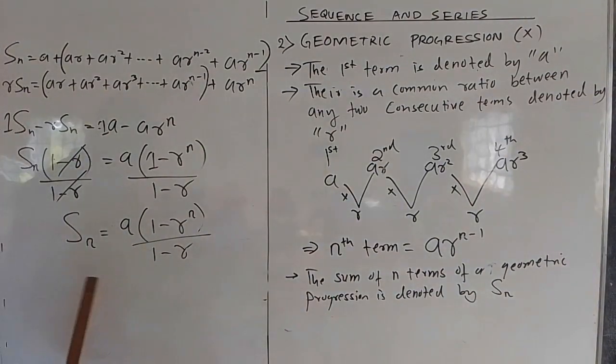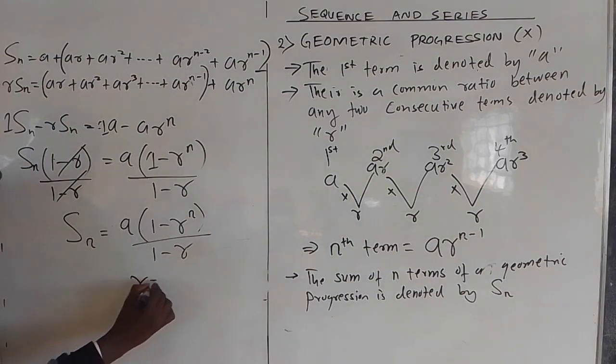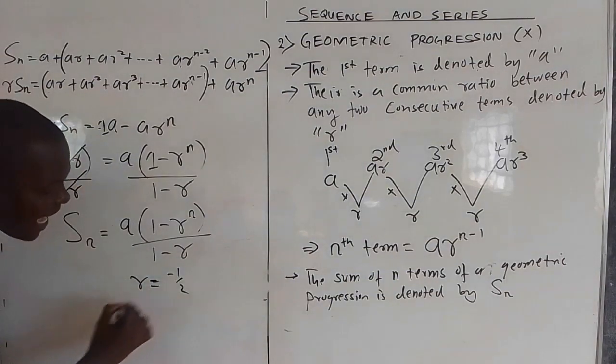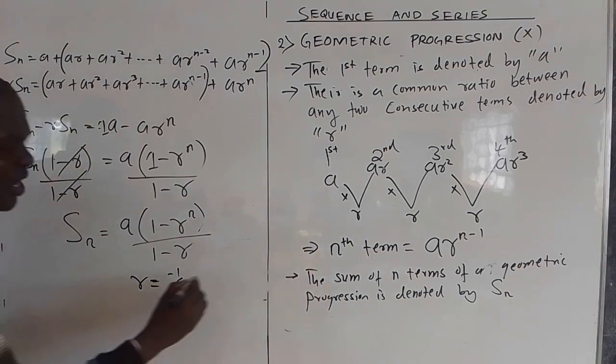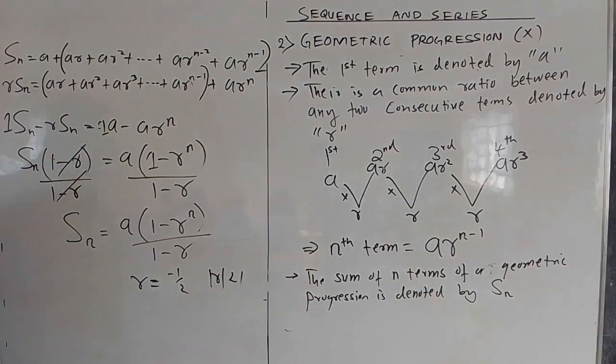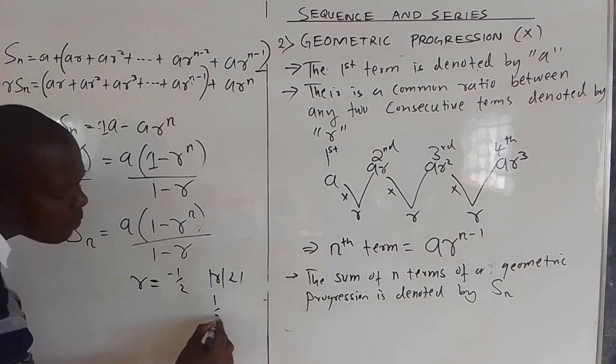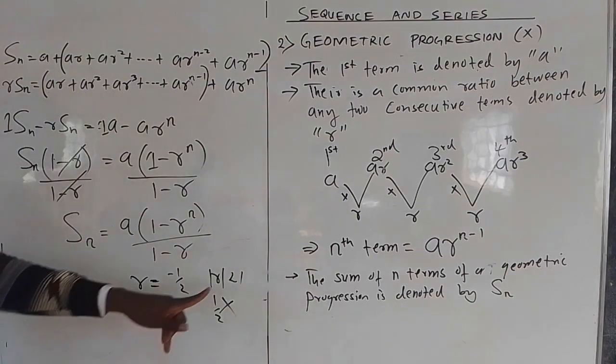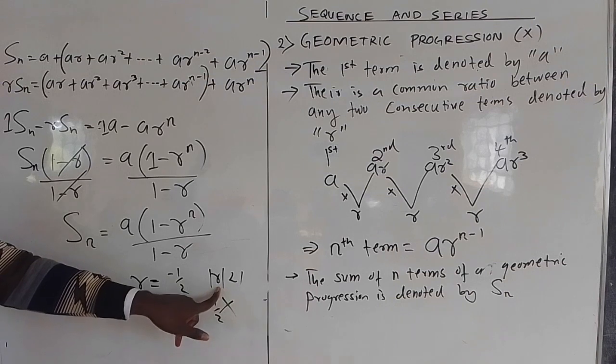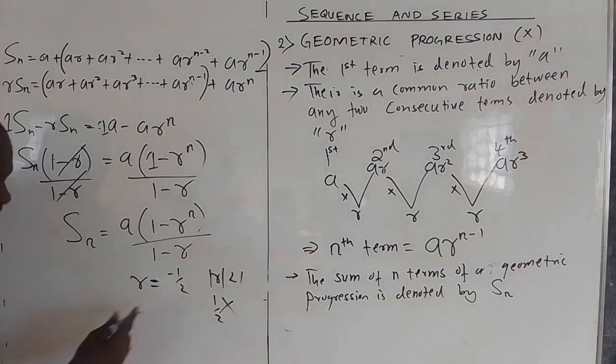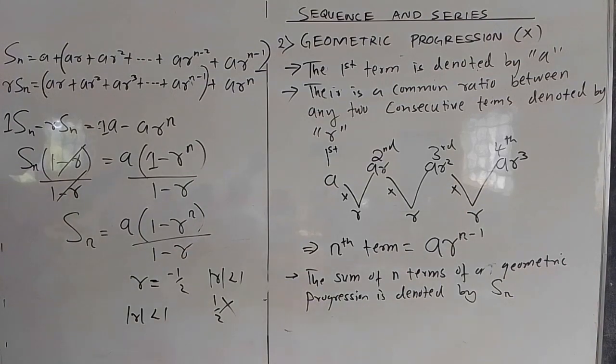And remember, when you work out this problem and you get R to be negative a half, so that when you go to the formula and you are saying the absolute value of R should be less than 1, then you are now saying the absolute value of negative a half should now be half. No, that is not what is meant by absolute value of R being less than 1. What this means is this: when absolute value of R is less than 1, what it means,